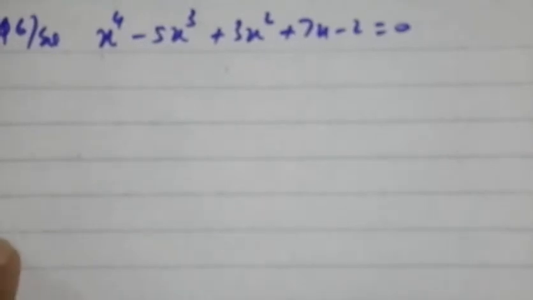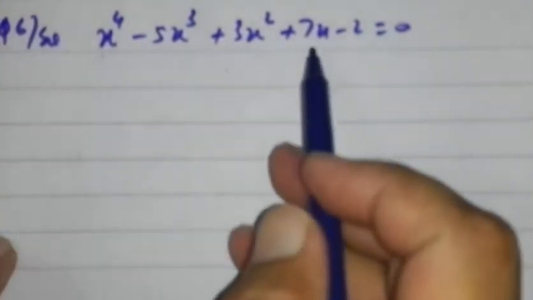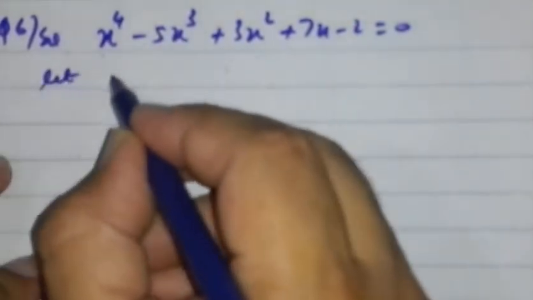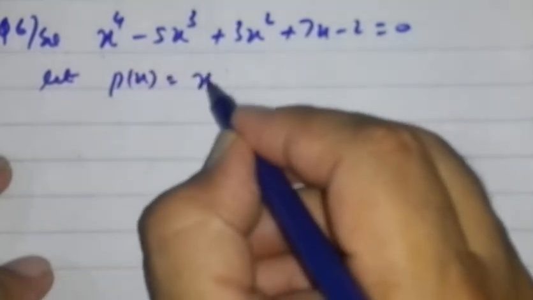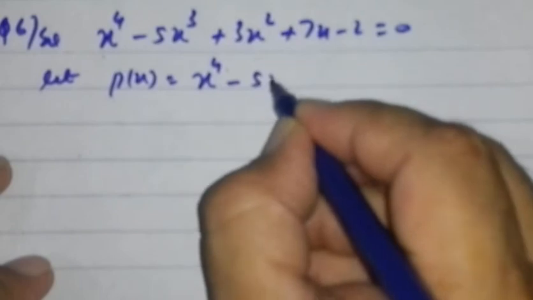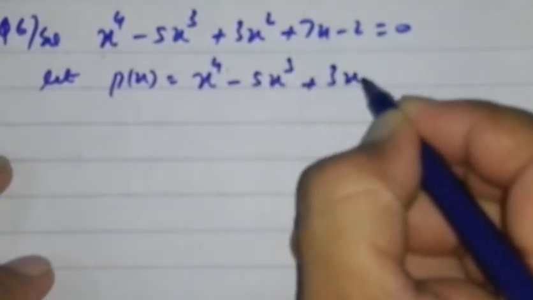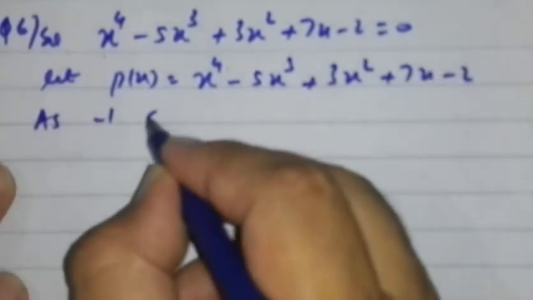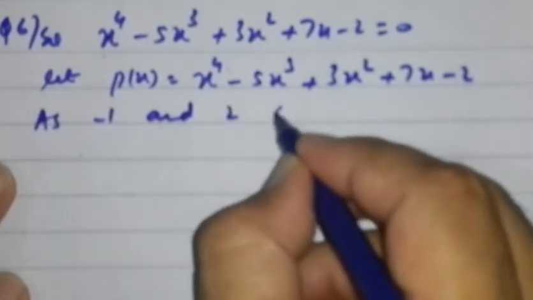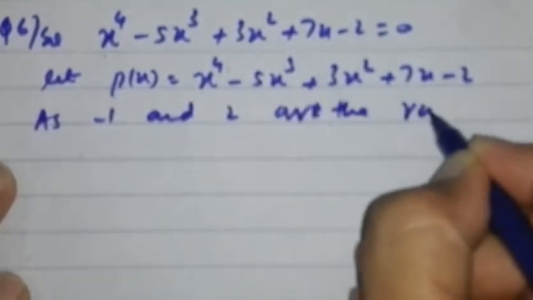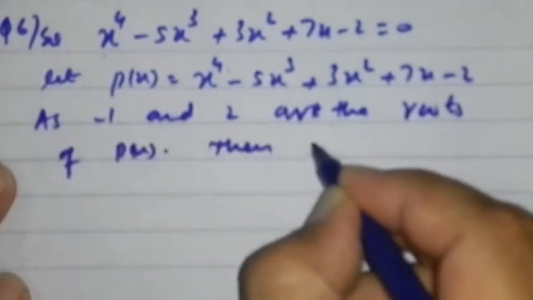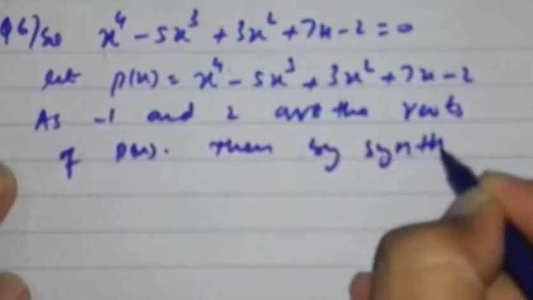Question number 6. Minus 1 and 2 are the roots of this equation. Find the other roots by using synthetic method. Let p of x equals to x power 4 minus 5x cube plus 3x square plus 7x minus 2. Minus 1 and 2 are the roots of p of x. Then by synthetic division